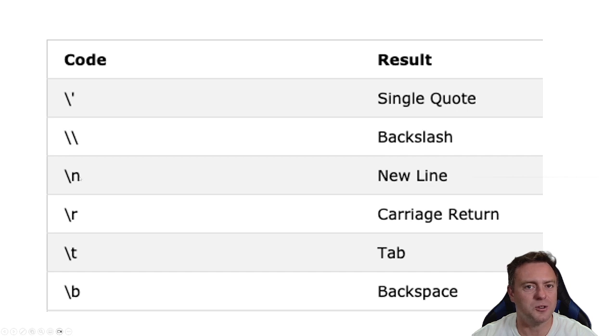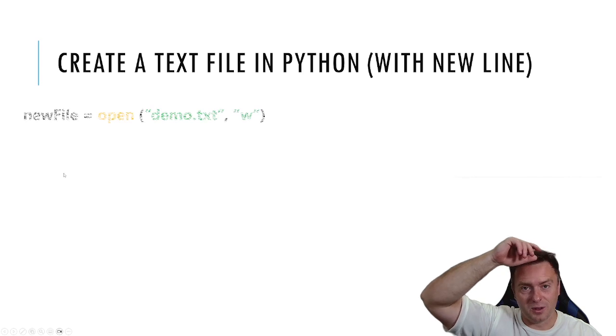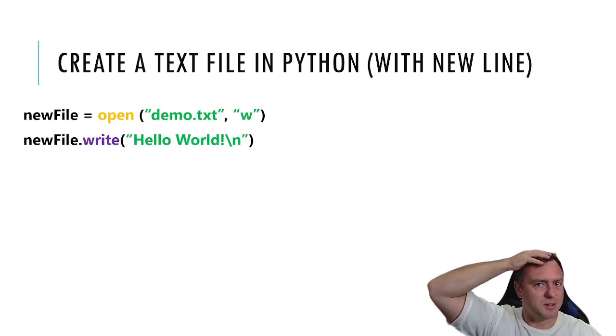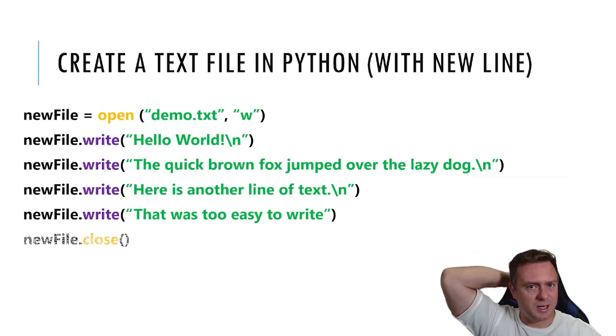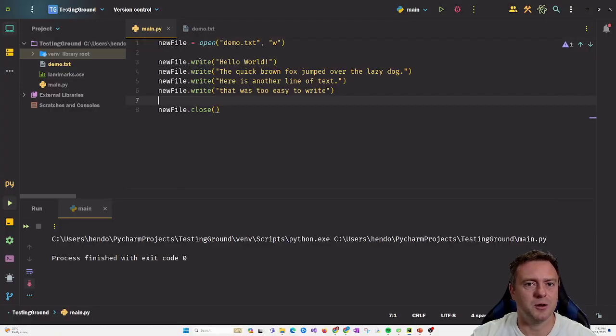So if we want to do a new line, and we should have seen this before, I can't remember the example, but we have done this, you can use \n and then that will give you a new line. So creating a text file with the new lines, exactly the same process as before, but this time we jam a \n in each row. So if we go back in here,